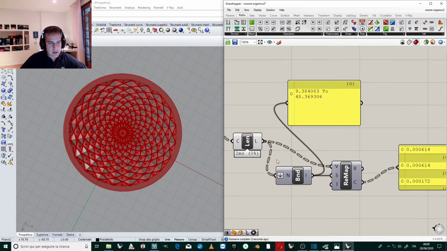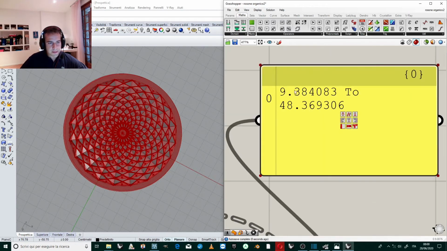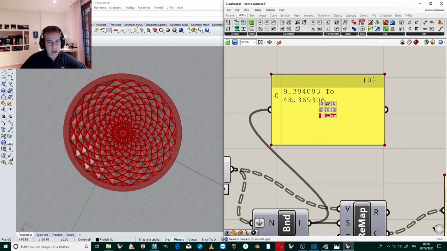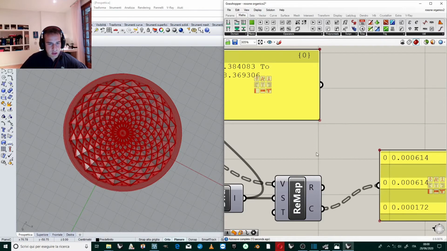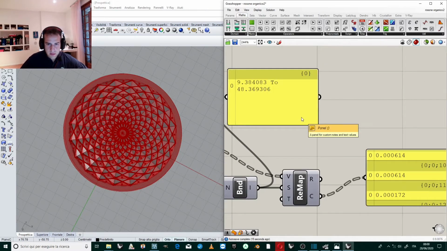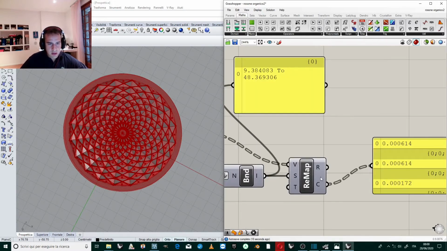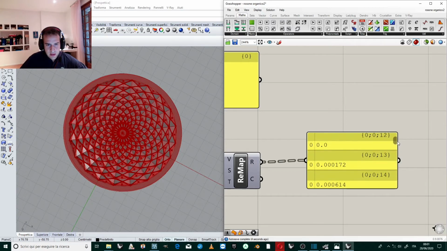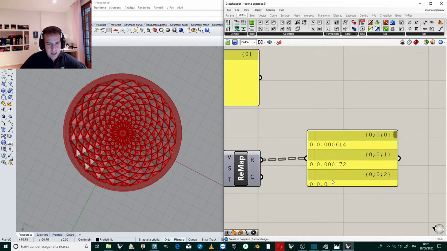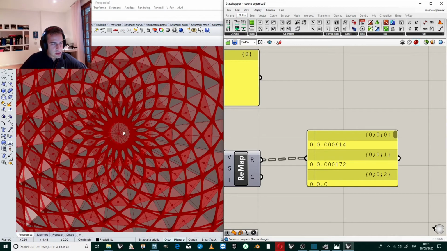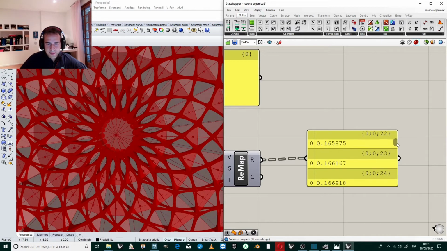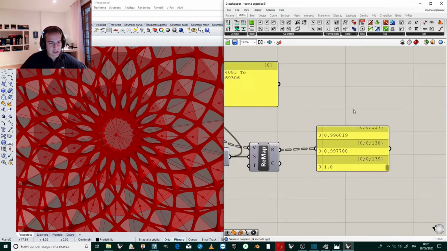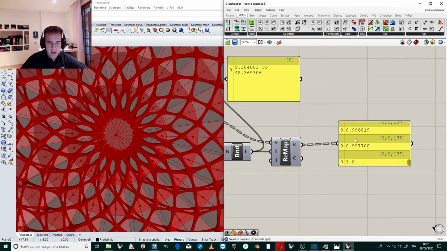I flatten it, so this is the domain between the lowest value and the highest value. Now it should, so now we have to have values that are from 0.0, that is the inner value, to 1, and this is perfect,